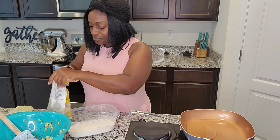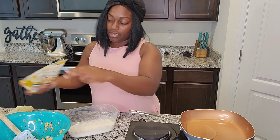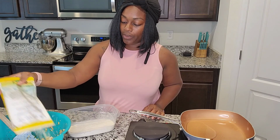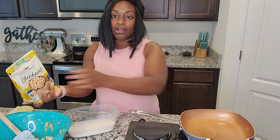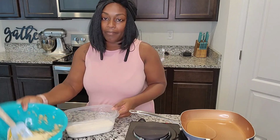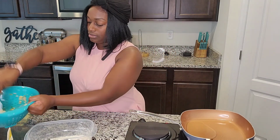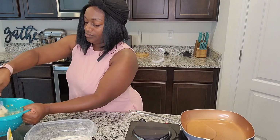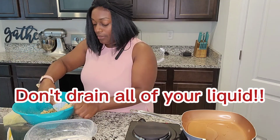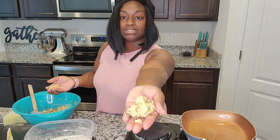So now, normally what I would do is take a tablespoon of this and measure it out well and evenly. But right now, I'm just going to pour some in here, because sometimes that's also how I make it. So I have my pan here, and I'm just going to mix this, which is why I did not drain all of the liquid. So I'm gonna take a nice size amount,